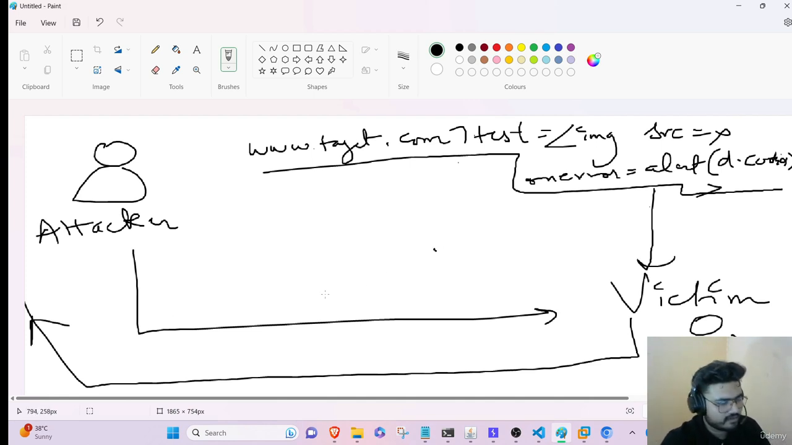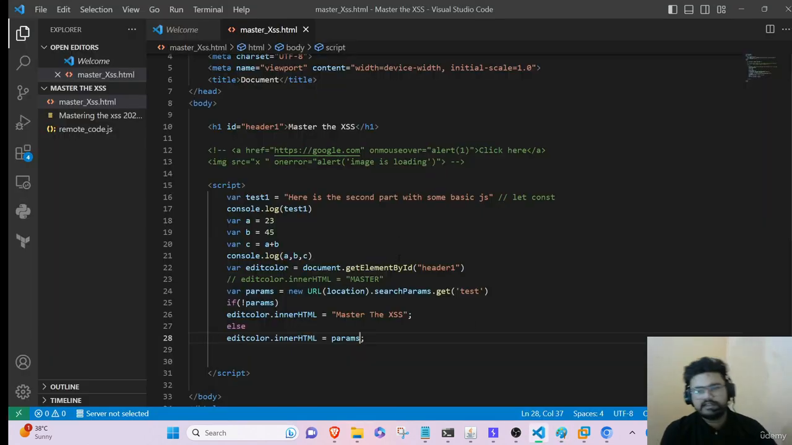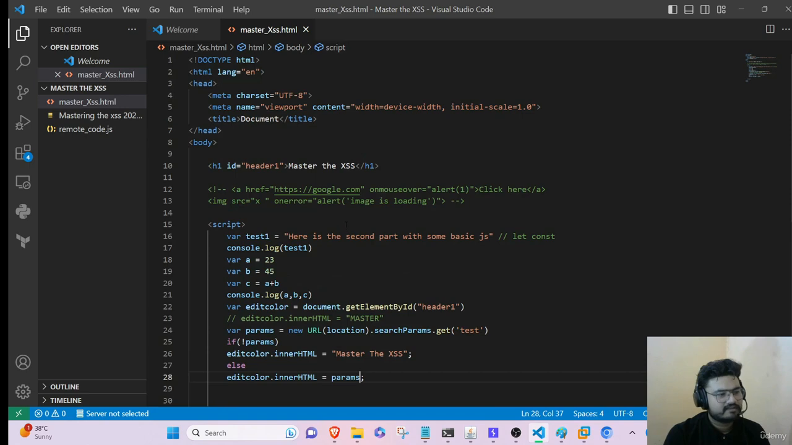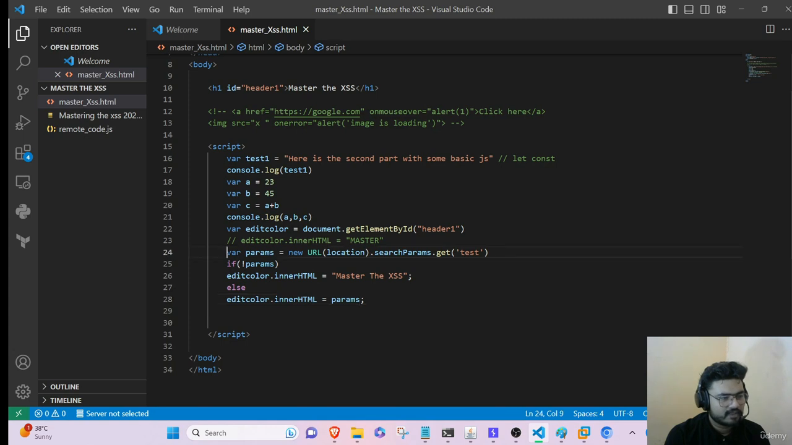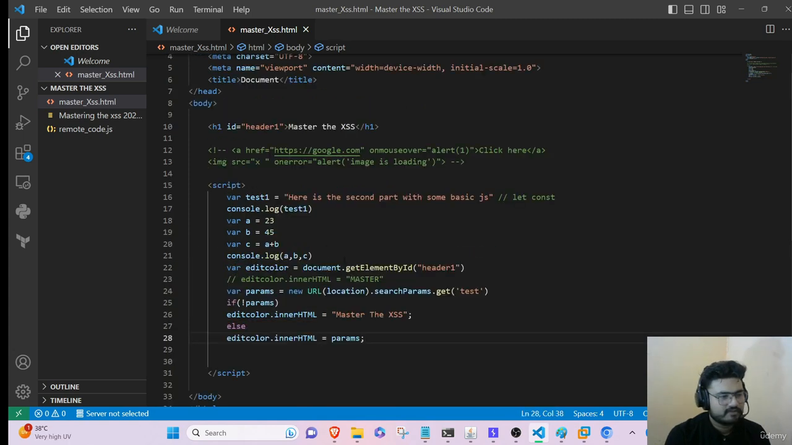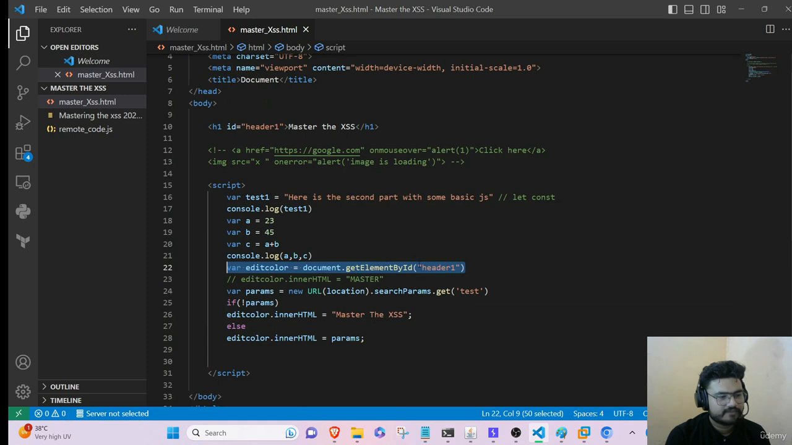I have prepared a little code myself. Here is the previous code we learned in basic JavaScript. I have written some manual code from my side. So here is the piece of code. What I am doing is getting the header element from this code, so I am getting the header object. Now you can read here, the value of the test parameter